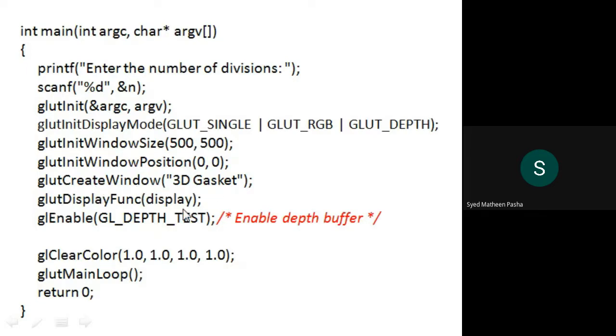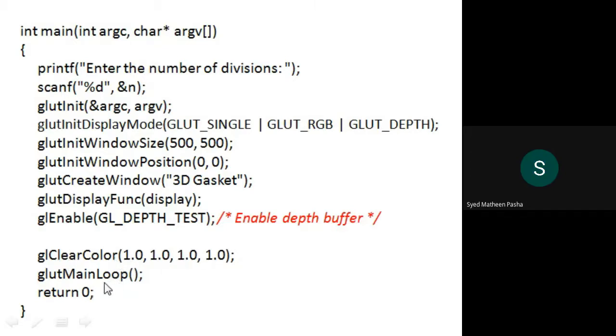Now I'll call the display function by passing the instruction glutDisplayFunc of display. Now I should enable the depth buffer that is being defined in this display mode function. So I'll be using glEnable GL_DEPTH_TEST, which is basically used to enable the depth buffer. Now I should clear the background by giving 1, 1, 1 as values. What will be the color of the background if you give the parameters as all 1? If I pass these as parameters, can someone from the class tell me? White. Yes, now the color of the background is white.